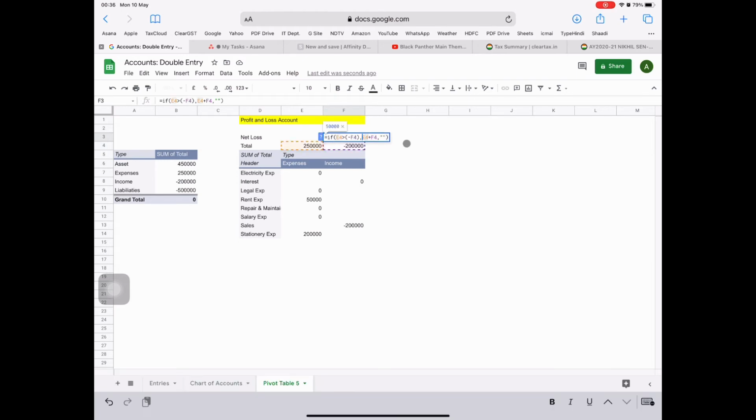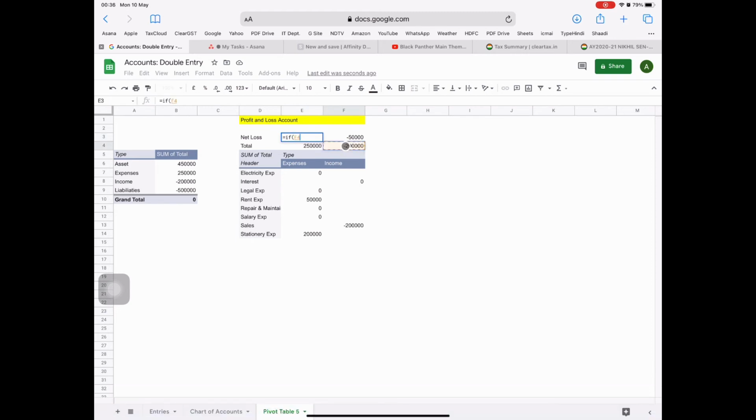Okay, putting the formula in the reverse mode in the other column also, because in case the profit comes out, then the value should come in here. I will show you how this works, but just create the structure first. Okay, so here we are done.